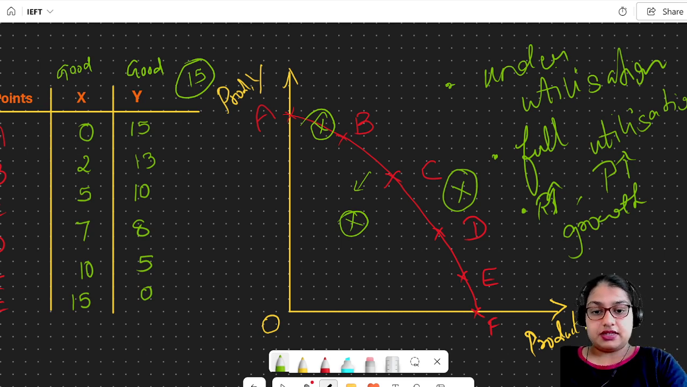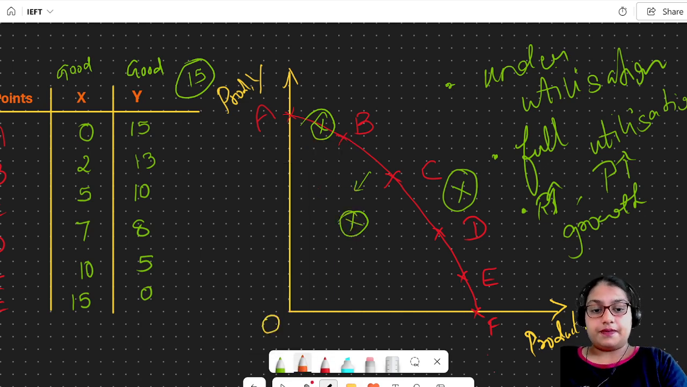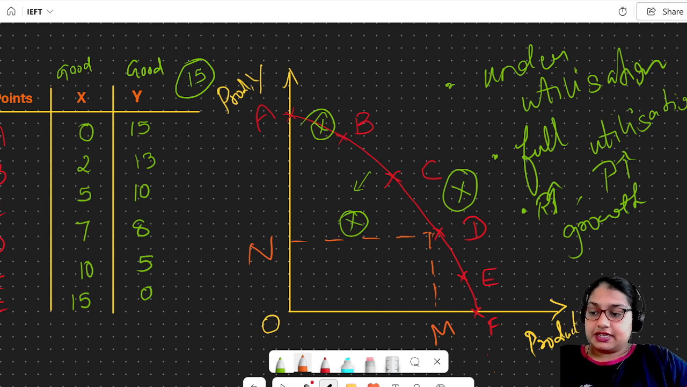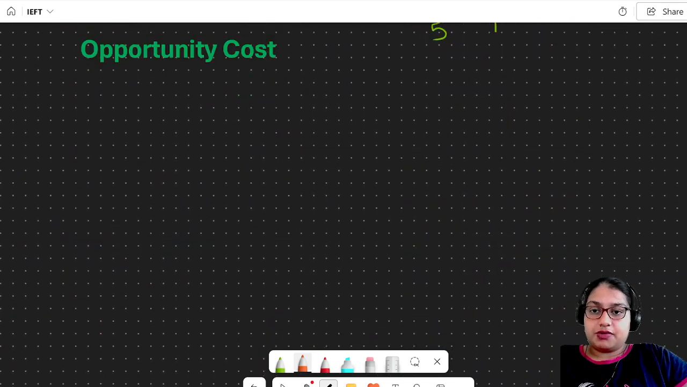See, now I am taking an example. I'll take another color, I'm sorry. Okay, see here, if there is a point like this, this is M and this is N. Okay, I'll explain that later. Now we have opportunity cost to learn. Okay, M and N, that will be discussed later. Then later will come unemployment. We have done unemployment. Okay, then